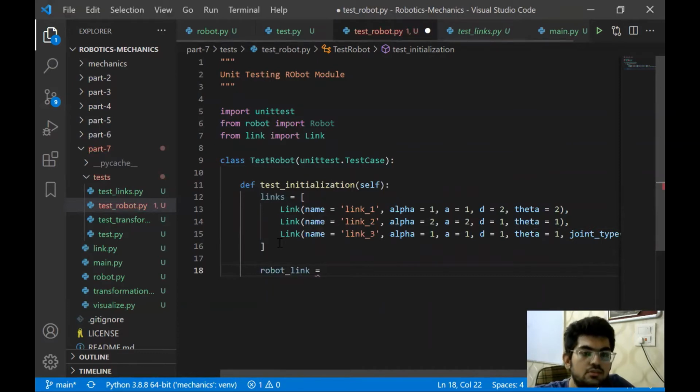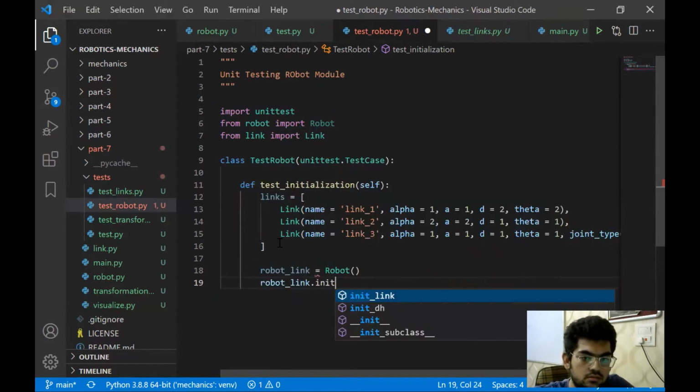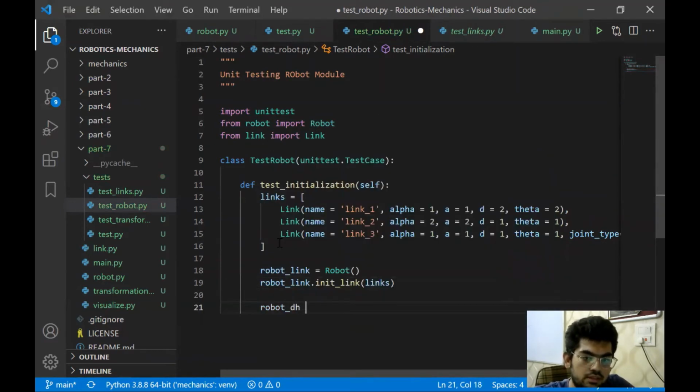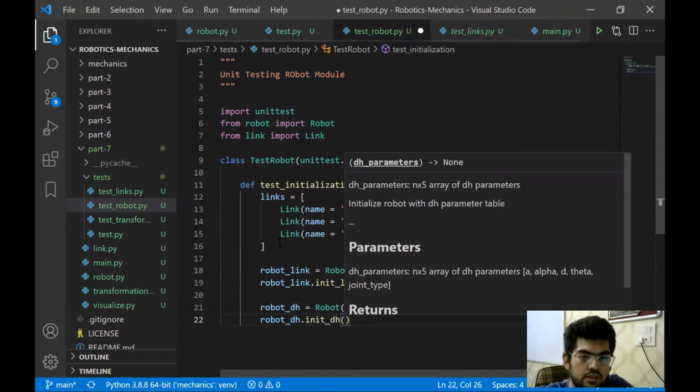Now we will initialize a robot, a link robot, with links, and we will have a DH robot. We need DH parameters for this.